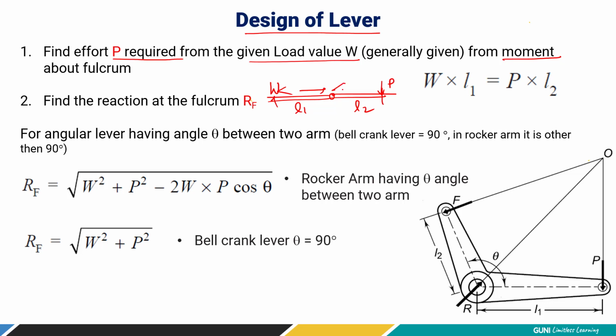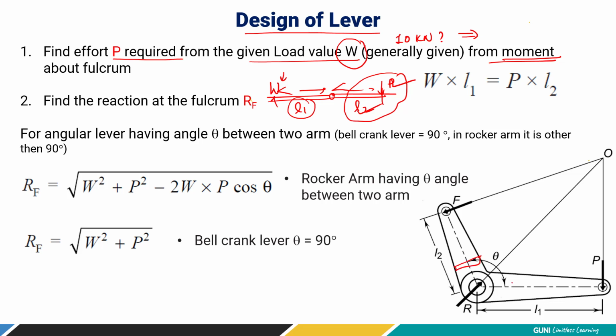So if you know the distance, if you know any of this, we have 4 terms, right? What is moment? The load and its distance. If you know any of these two, left or right, we can find out the remaining term, that is the load to be lifted or its effort arm, right? अगर दोनों में से कोई दो चीज़ दी हुई है, either effort or distance, then by considering this principle about the fulcrum, we can find the load to be lifted. So mostly what is given in numericals is generally the load, that you have to lift 10 kilonewton, find out the effort, and based on that we have to design the levers. So designing levers means finding out the cross section.